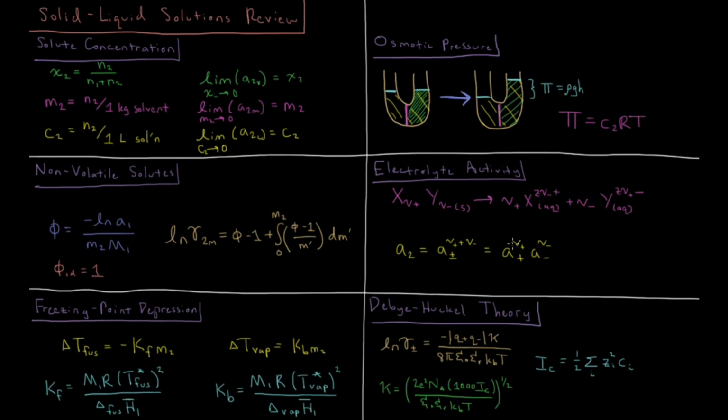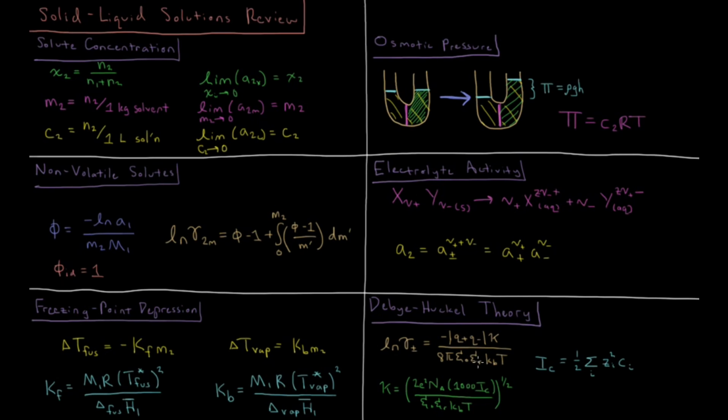cationic activity to the power of its stoichiometric coefficient times the anionic activity to the power of its stoichiometric coefficient. And the activity for these electrolytes is given in dilute solutions by Debye-Huckel theory, or the Debye-Huckel law, which says that the natural log of the mean ionic activity coefficient is equal to negative the charge of the cation times the charge of the anion times the Debye-Huckel screening length kappa divided by 8 pi times epsilon naught times